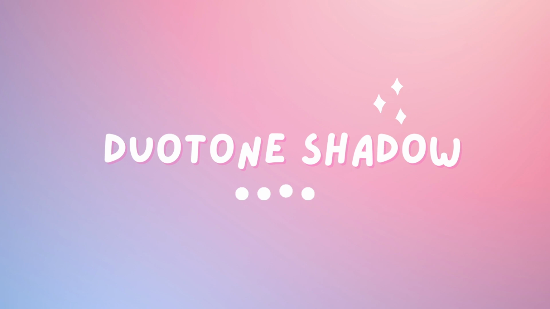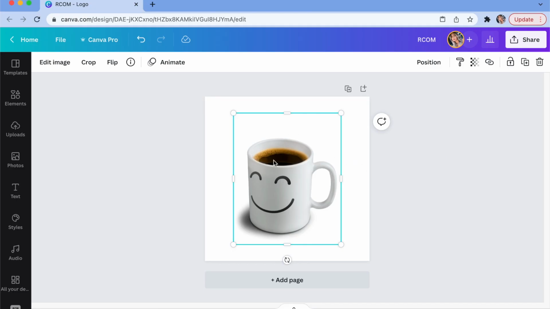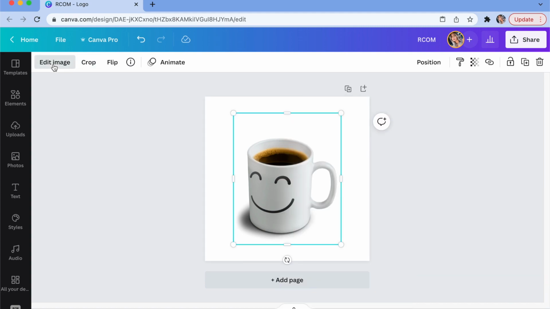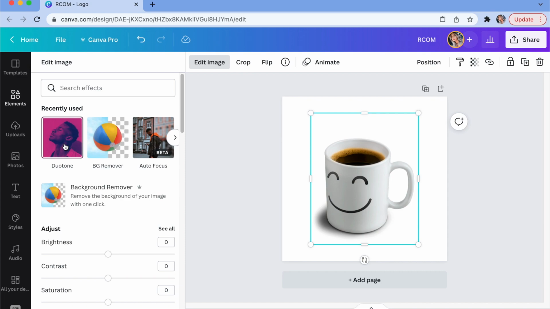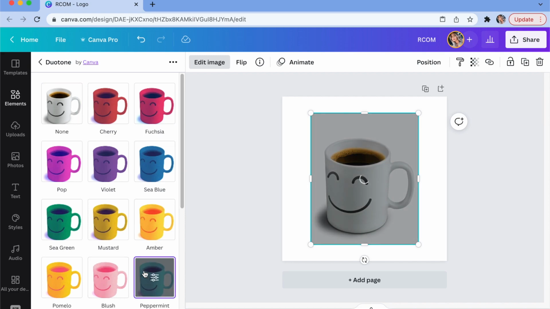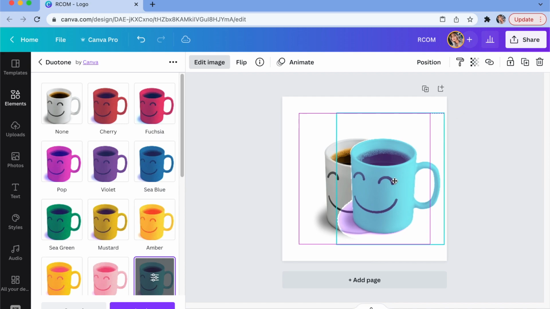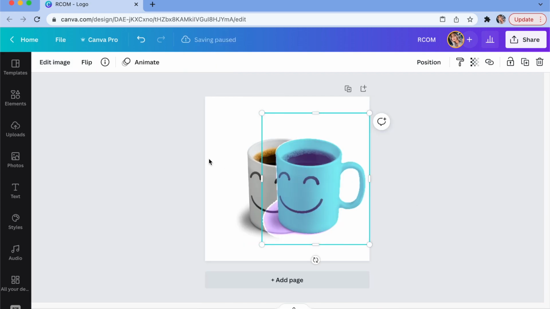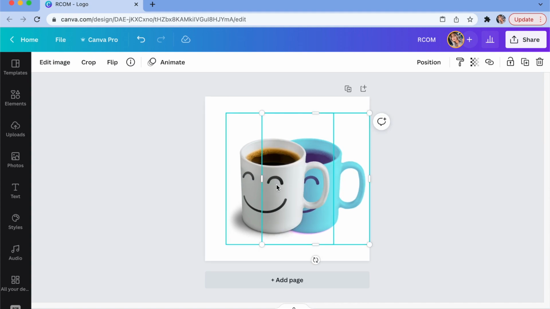Next up, I'm going to show you how to make a shadow on an image. So we're going to select the image and go up to edit image, and we're going to scroll down, and there is a lot of different things that you can use in this that are really helpful, but like I said, we're doing a shadow. So I'm going to go ahead and duplicate this, and then I'm going to select one of these duotones, and essentially it's going to create a duotone of the image that we just made, and then we're able to send this to the back